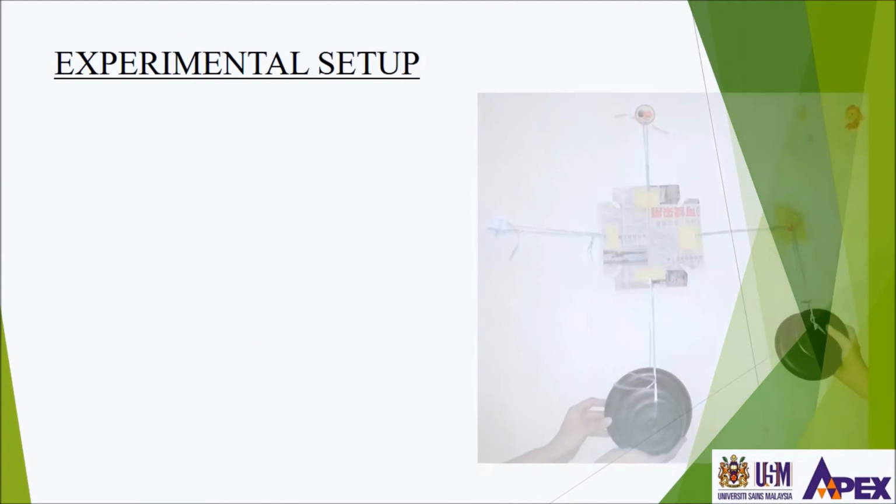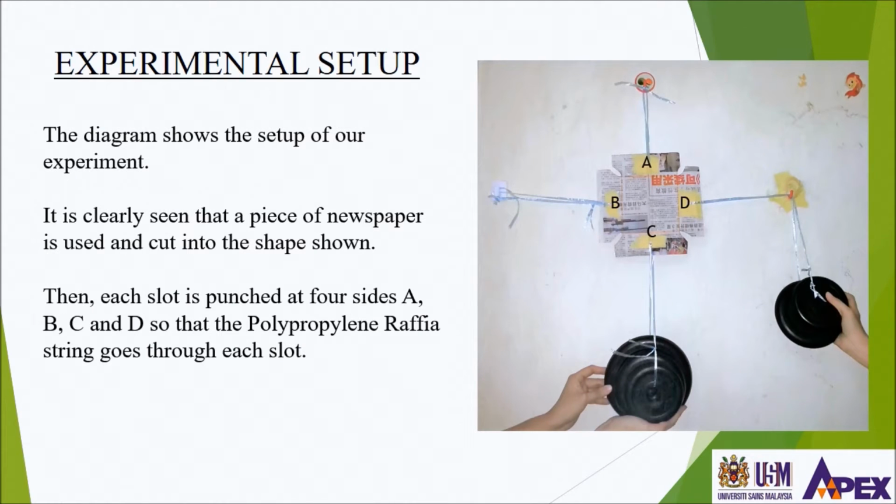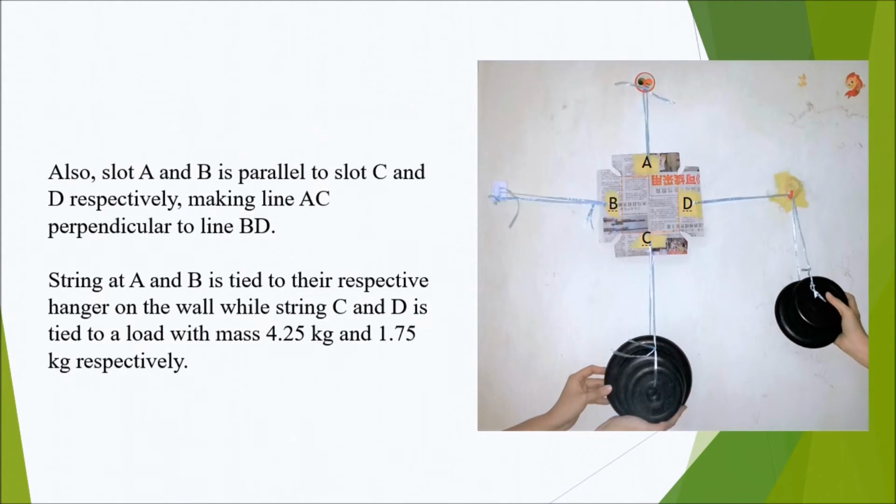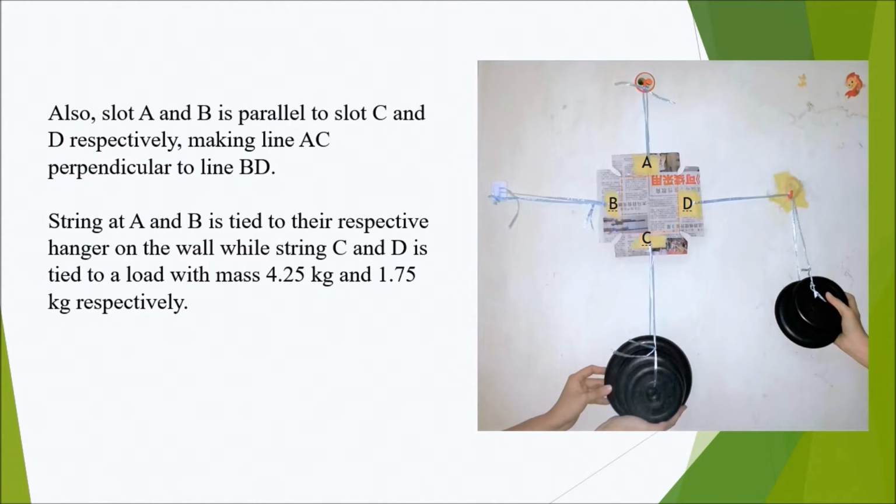The diagram shows the setup of our experiment. It is clearly seen that a piece of newspaper is used and cut into the shape shown. Then, each slot is punched at 4 sides A, B, C and D so that the polypropylene raffia string goes through each slot. Also, slot A and B is parallel to slot C and D respectively, making line AC perpendicular